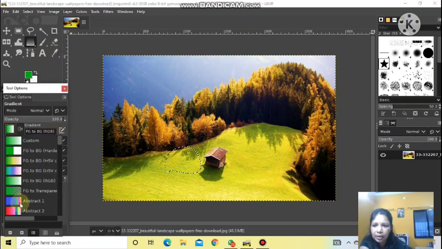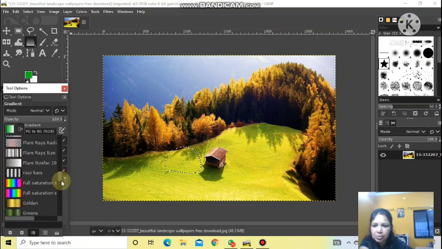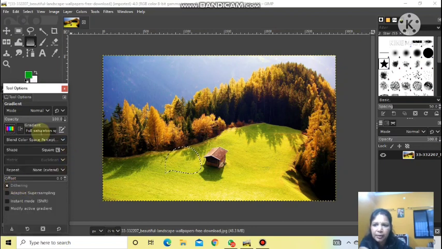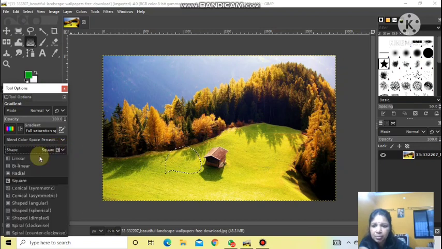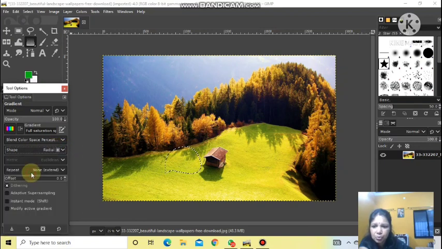Here different shades and colors are there, you can choose from there also. Suppose I want multicolor. Then after doing this, you choose the shape in which you want the shading to be done. I want a radial shape, so choose radial.